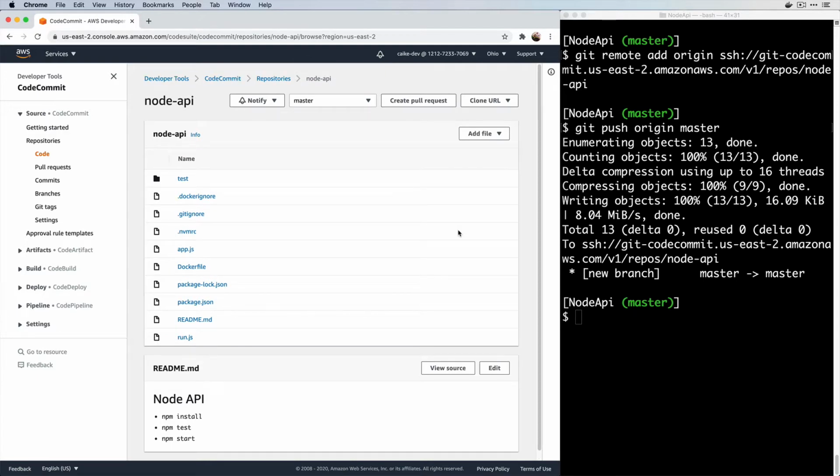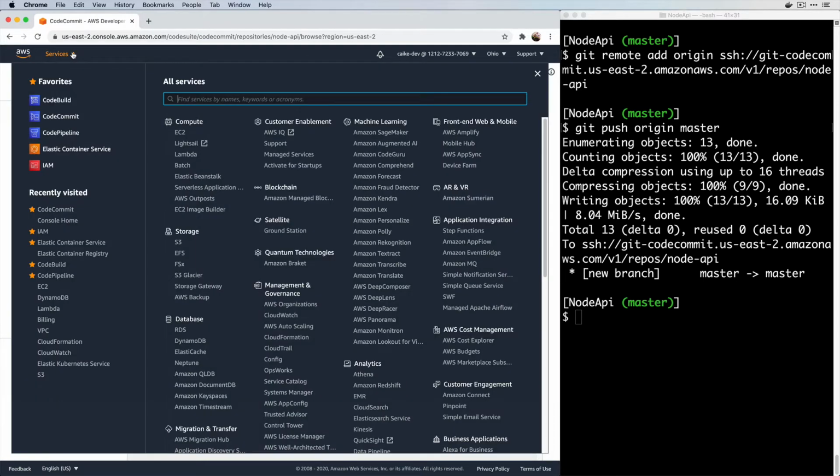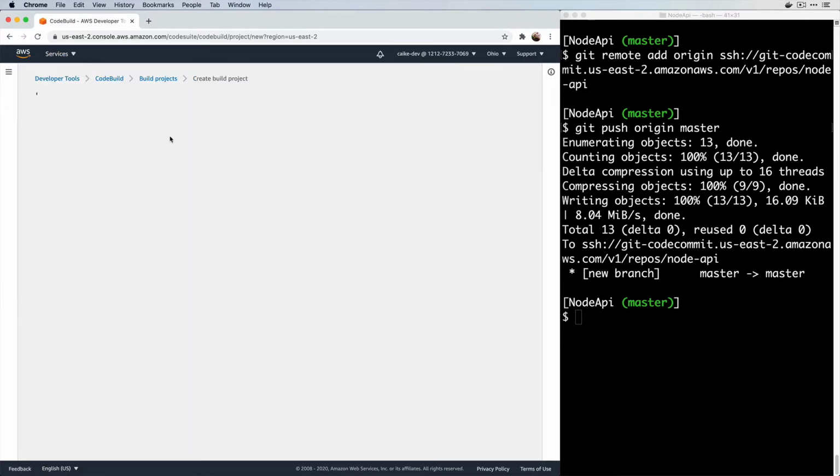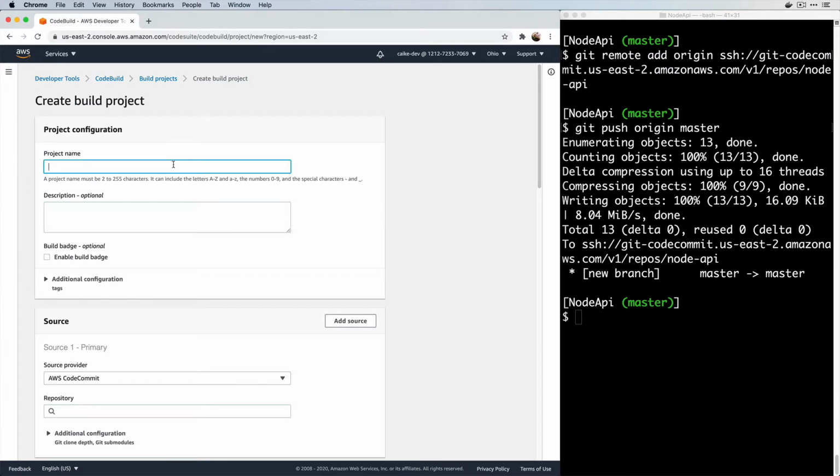With that in place, let's go ahead and create our build. To do that, we're going to use CodeBuild. So let's go ahead and click on CodeBuild, and we can click on Create Build Project. Project name is going to be Node API Build. And for the description here, we can say run tests, builds Docker image, and pushes to ECR, which we'll do